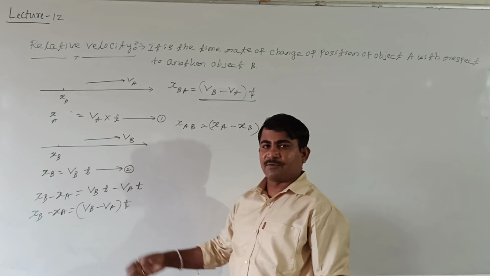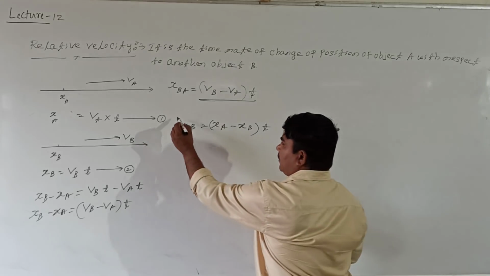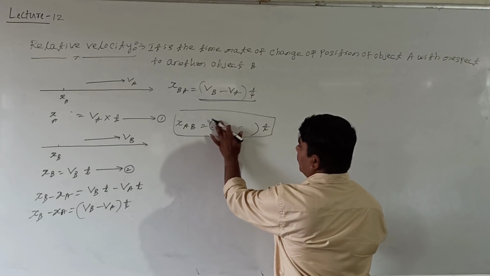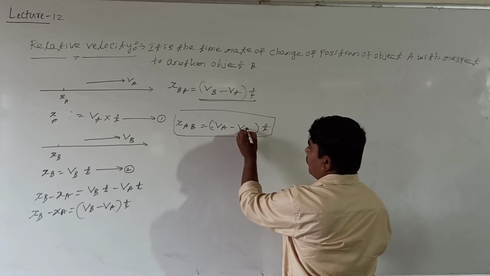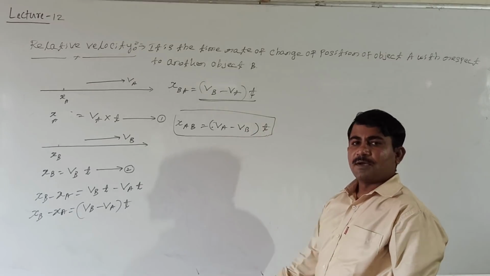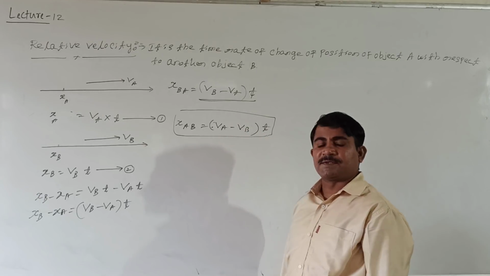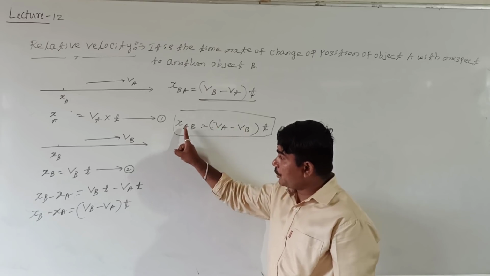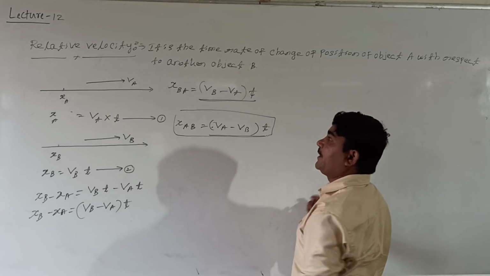Simply here what I am taking? Equation 2 minus equation 1. In this case I am taking equation 1 minus equation 2. See here, look at me, in both the equations, what happens? VA minus how much? VB. In this case VB minus VA, but in that case VA minus VB is there. What is the meaning of this? When B observes the position of A, then he can appear by this much displacement.